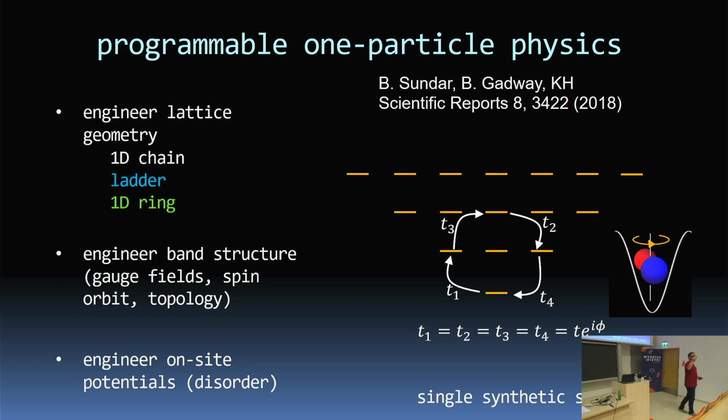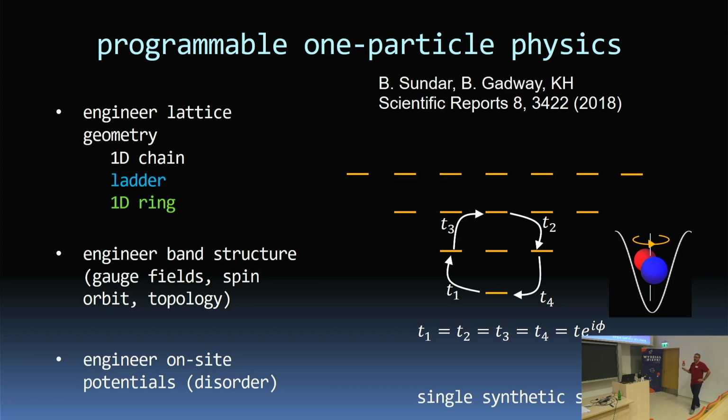You can measure what state you're in, right? That's very powerful, and one of the reasons I think these are so nice. If you want to see an edge state or something that's localized in this synthetic space, you get the resolution to resolve the population of each of these states for free. You don't have to have high resolution real space imaging to do it.